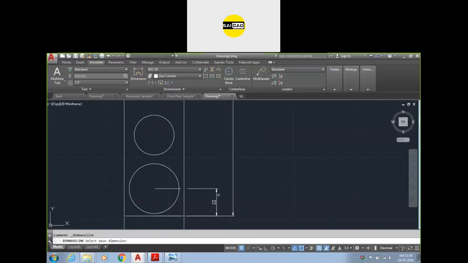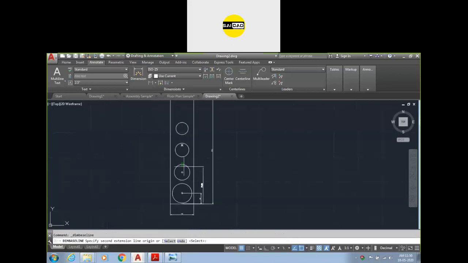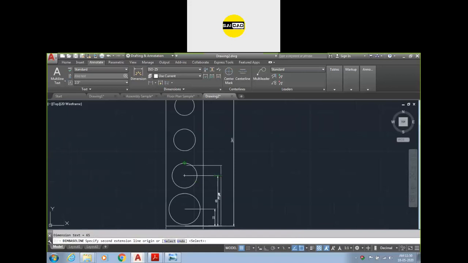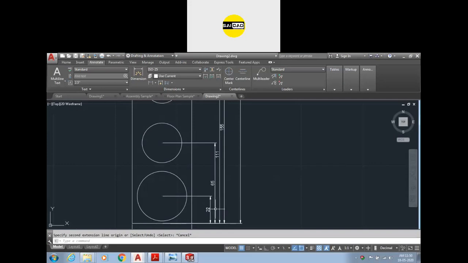Okay, now I have to create it again because I have created a dimension after that. So create a dimension first like that and go to the baseline, select the baseline. You can see that the baseline is now predefined, selected. You just select the center and the dimension will be created like that.